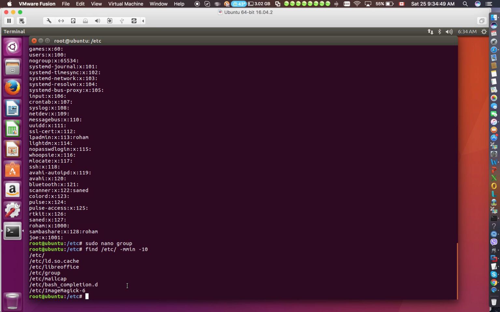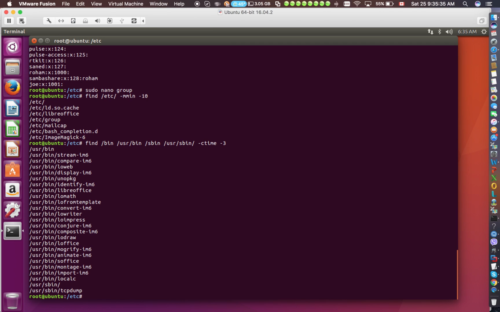There's another thing that you can try for sure. For example, let's say you suspect that someone hacked your system 3 days ago. So you search the system to see if any commands have had their ownership or permission changed in the past 3 days. Okay? We can do this. Let's say we go find, go under bin, go under user bin, go under sbin, and go under user sbin, ctime dash 3. Okay, what does this do? This will show you if any changes in permission or ownership got changed in the past 3 days. Okay,